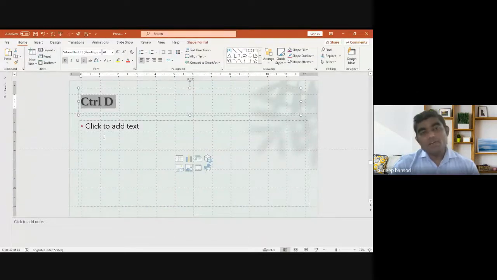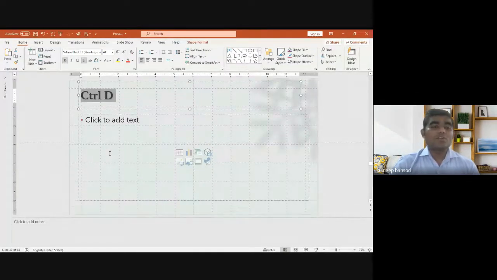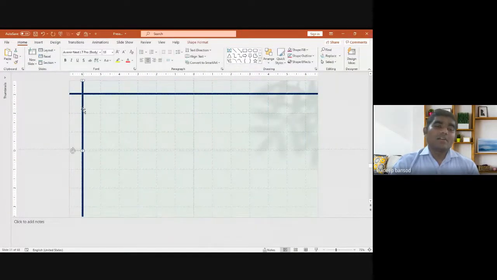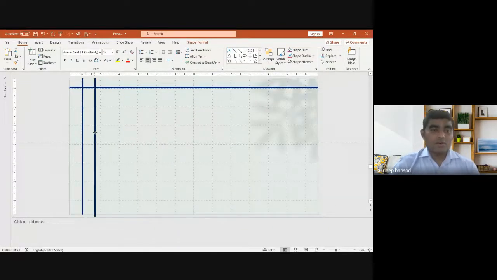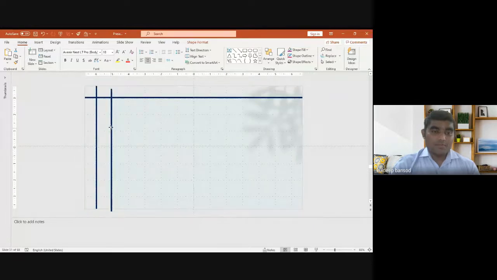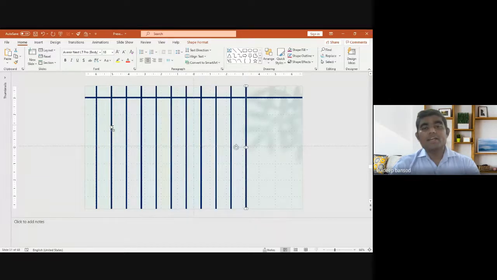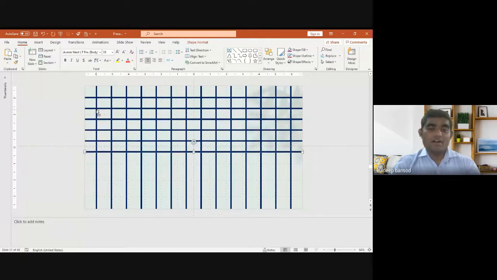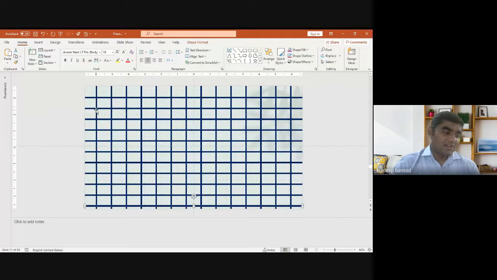You should know the power of Control D. It is the shortcut for duplicate. Control D is the shortcut for duplicate. To build this, you would require various attempts, but now I select this rectangle, I press Control D, and put it in perfect order. Now I am holding Control D, it is placed at equidistance from the first one. Now if I hold this Control D, you can see how fast the squares are made. So this is the power of Control D, you can use it. Control D is used for duplicate.